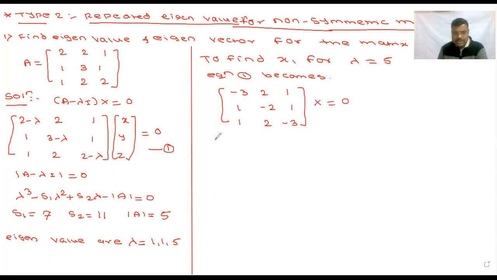Just we make the equations. Minus 3x plus 2y plus z equal to 0, first equation. Second equation: x minus 2y plus z equal to 0. Third equation: x plus 2y minus 3z equal to 0. Okay. Now use Cramer rule for